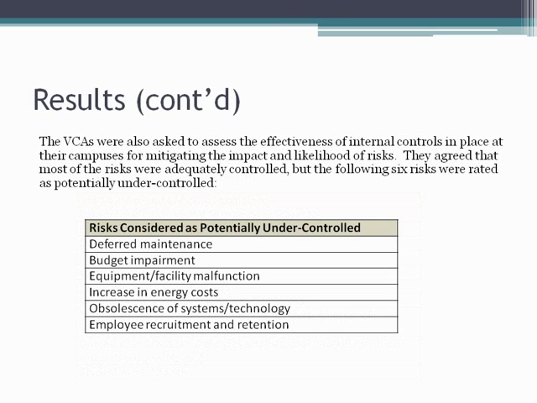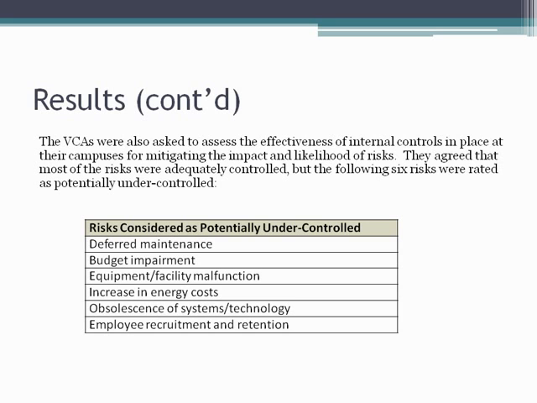So taking into consideration what our current controls in place are, the Vice Chancellors of Administration agreed that most of the risks that we identified were adequately controlled. But the following 6 risks, overall from a system-wide perspective, were rated as potentially under controlled. And these are rated in order of